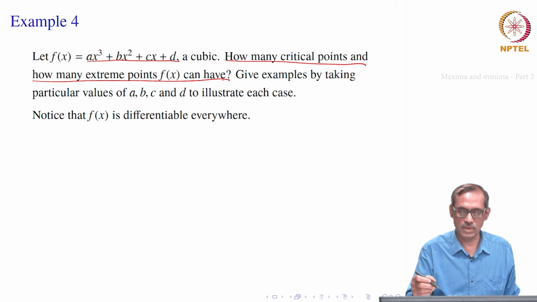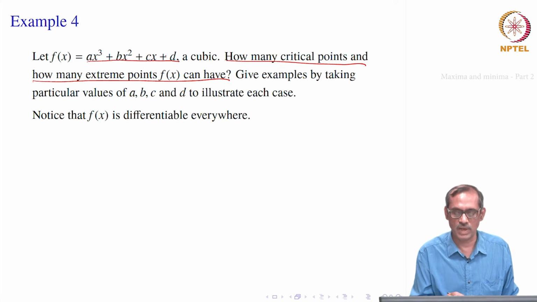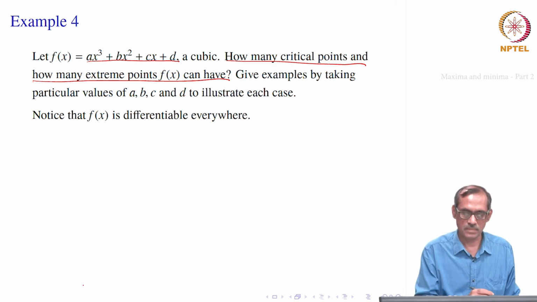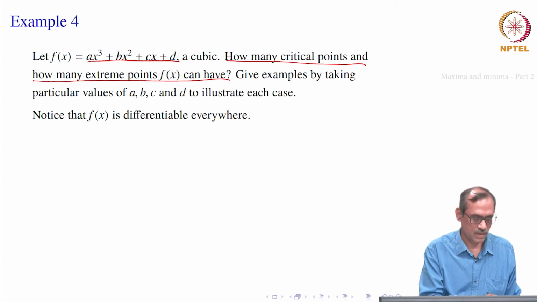So, how do we proceed? To find the critical points, this is a polynomial, it is differentiable everywhere, right, and it is defined over the whole of R. So, every point is an interior point, but f prime of x will be quadratic, right, 3 a x square plus 2 b x plus c. So, that can vanish at most at 2 points. If there are real roots, there will be exactly 2, if not there will be 0, right. There will be only complex roots, so it will be 0 depending on a, b, c, d. So, that is what we are going to do.